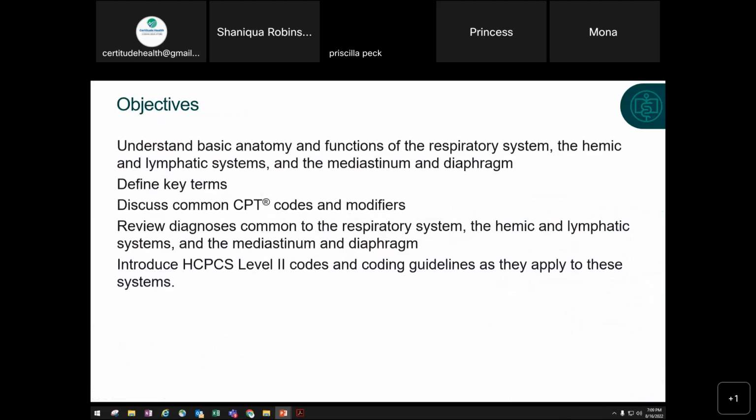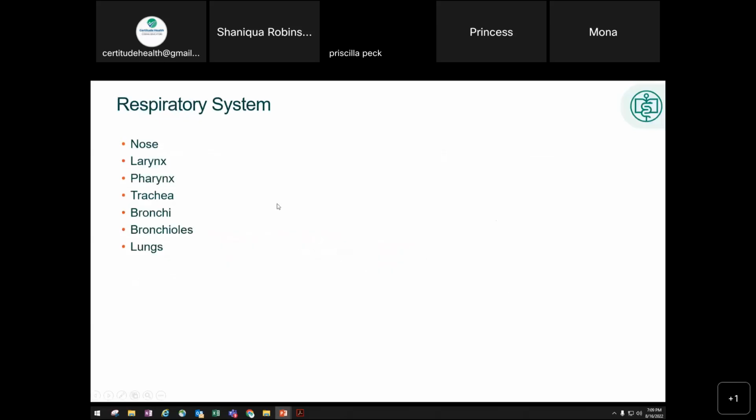Being that we're in an organ system where we have multiple or pairs of organs, like we have two lungs, we'll be talking about use of proper modifiers, as well as reviewing diagnoses, common conditions of those organ systems, and HCPCS Level 2. So starting with the respiratory system, this is the same exact information that you see